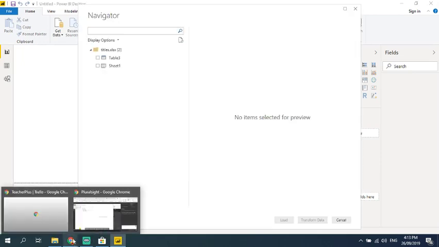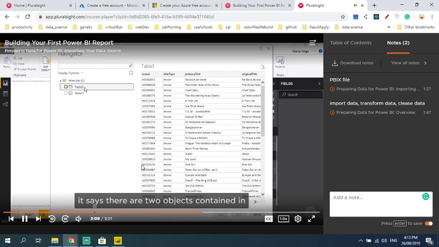Power BI opens the file, and then it says